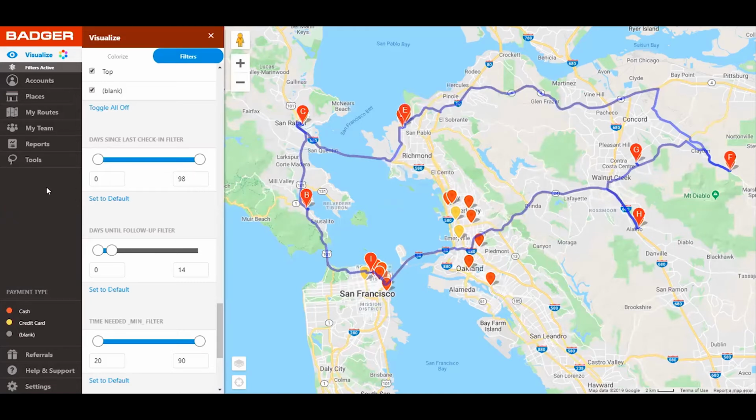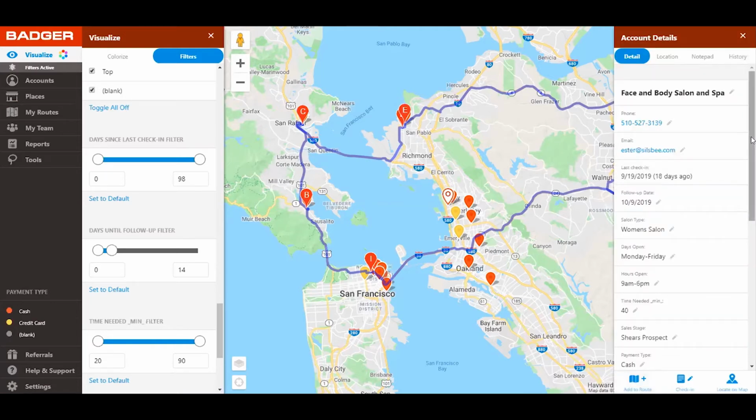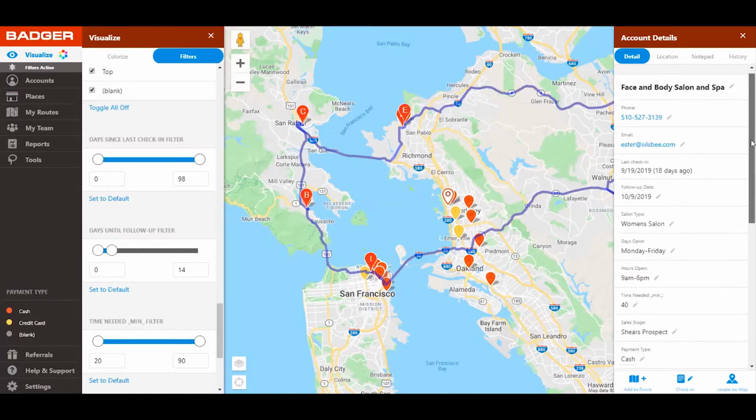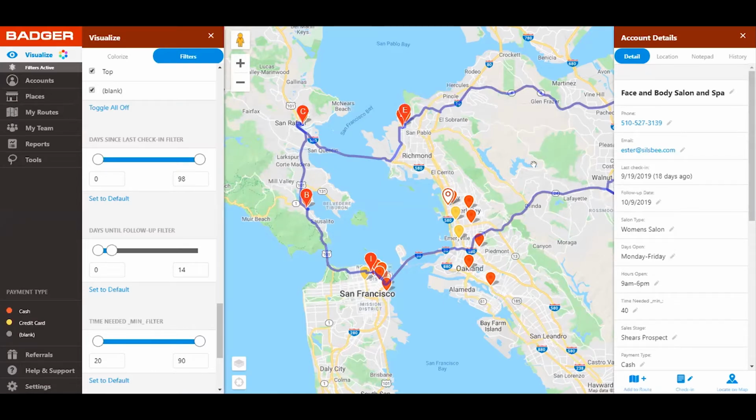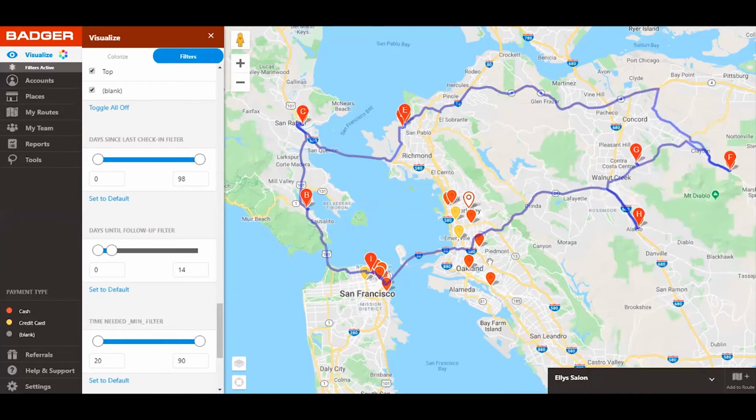I think what I'd like to go over is what kind of information other people are actually saving in Badger, because at the conference I talked to a lot of reps, a lot of sharpeners that are already using Badger. So I created this as a sample account based on the different things that I saw them capturing and things that they found useful. So when you click on any of these fields here,